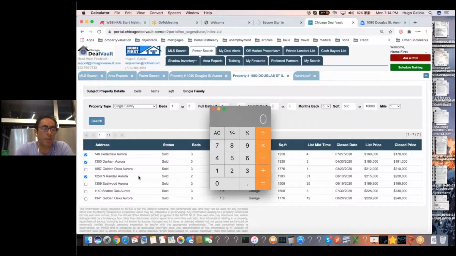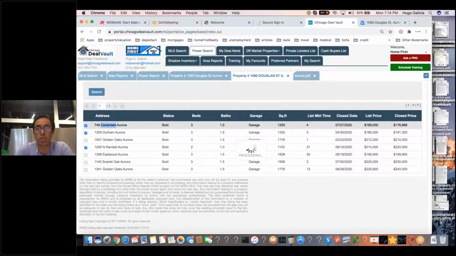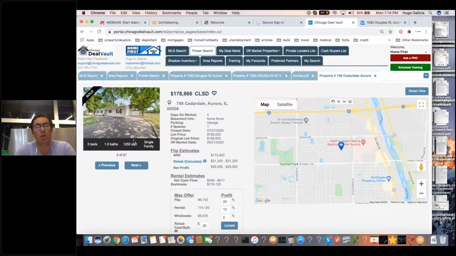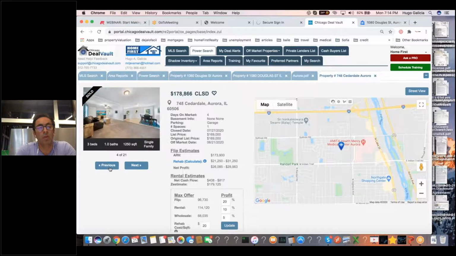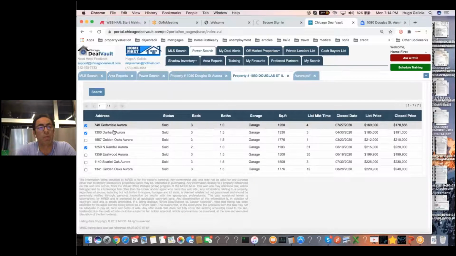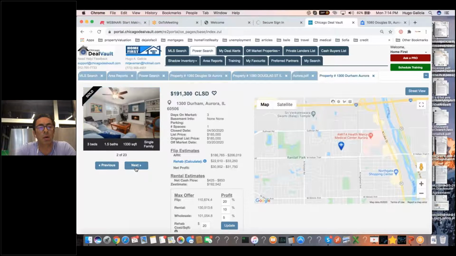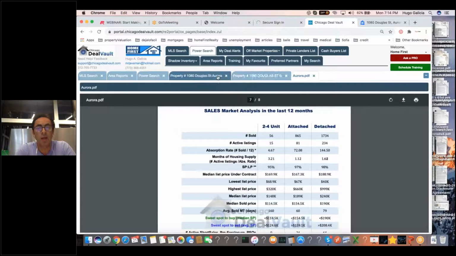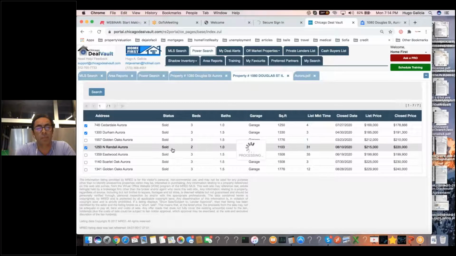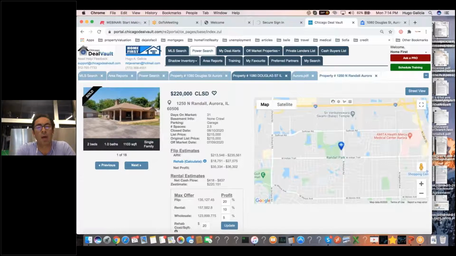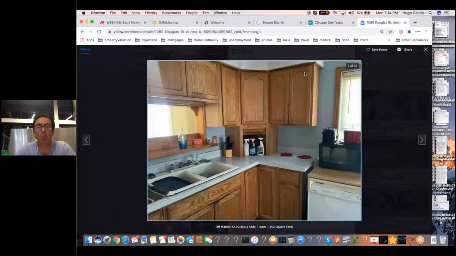Okay. Now, something that I still have a concern about is the driveway. You see these properties? Look at the driveway. So the driveway looks nice on that property. Let me show you the other comp, the second comp. Driveway, I think it's okay. It's in good condition. It's not like gravel. And then the third property. Okay, so the driveway looks okay. However, the subject property,